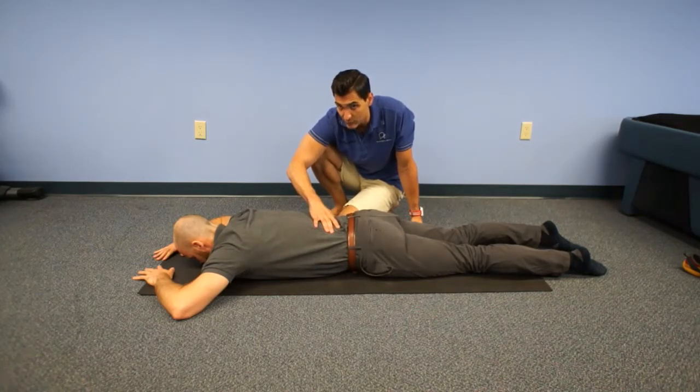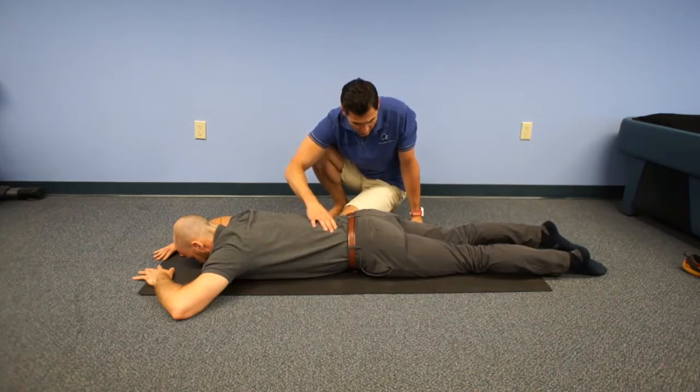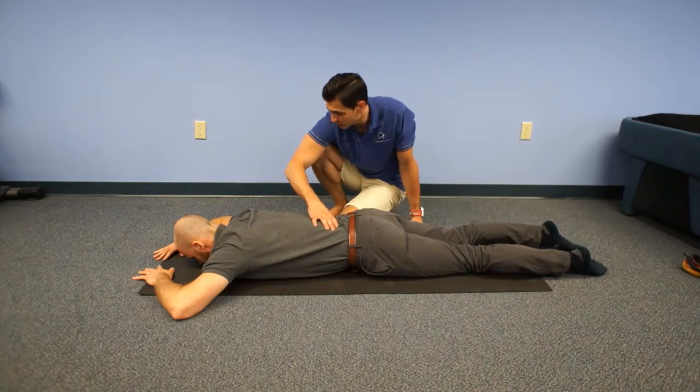We want to try to now, as we breathe out, maintain that high back by engaging our core. Perfect. His core looks great through the backside and through the front. Once you feel like you have a good core brace maintained while you're breathing normally, the next thing you're going to do is press through your hands and the insides of your elbows, lifting your chest and your head up